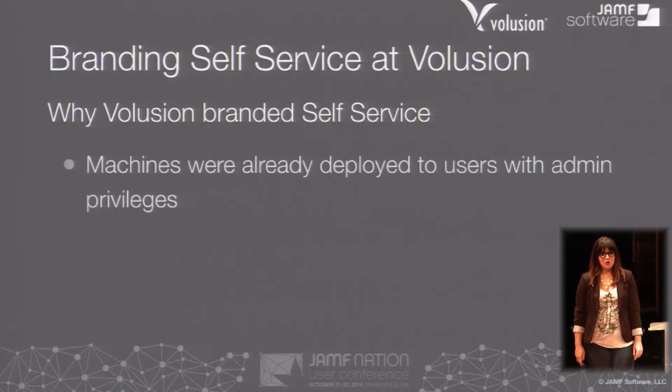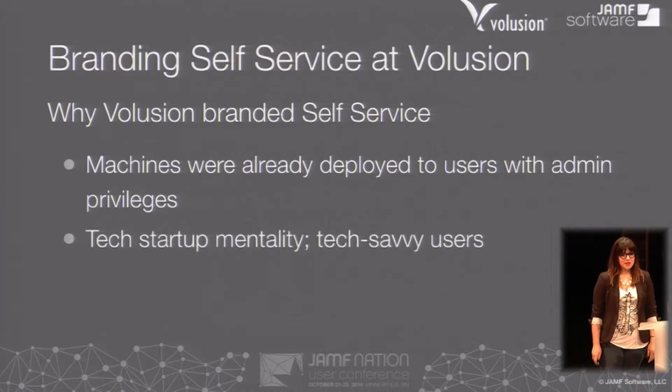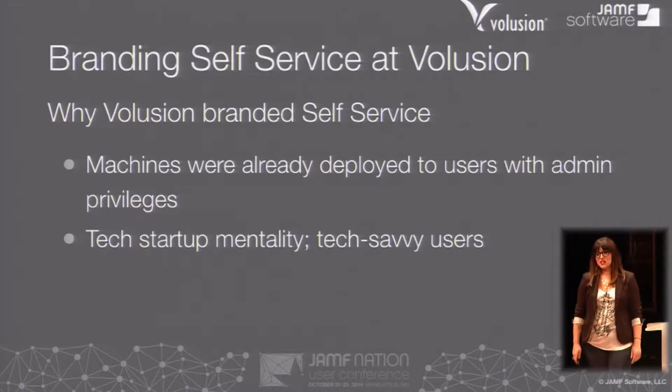So let's go over why I branded self-service. Our machines were already deployed to users with admin privileges. So it wasn't like, hey, enroll and you'll be able to do all these things through self-service. It was, please join this so that I can know your computer exists. Right, that was kind of the idea behind it for me, at least. That tech startup mentality and relatively tech-savvy users,